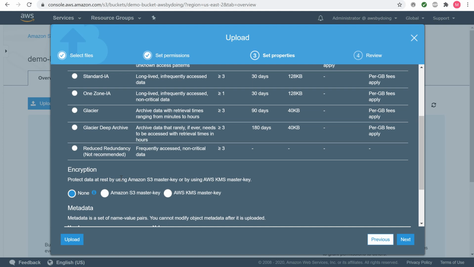When you use server-side encryption with Amazon S3 managed keys, that is SSE-S3, each object is encrypted with a unique key. As an additional safeguard, it encrypts the key itself with a master key that it regularly rotates. Amazon S3 server-side encryption uses one of the strongest block ciphers available, 256-bit Advanced Encryption Standard, AES-256, to encrypt